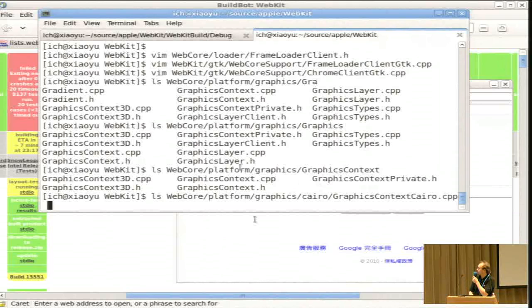So the concept is we do have a generic header file inside one of these platform directories, and we do have a specific implementation inside a subdirectory, which is then suffixed with Cairo or whatever the port is. And we're using the same for